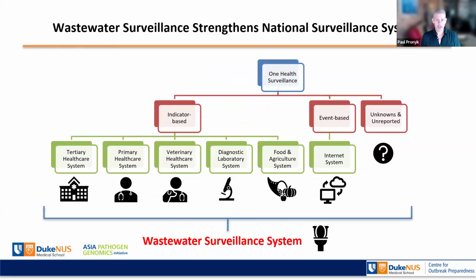And I think what this slide just tries to get at is that all of our wastewater surveillance and One Health surveillance needs to be embedded within a multi-source surveillance system that draws together not just what's happening at wastewater, but obviously the primary care level all the way through to our tertiary care systems, depending on what you're looking at. In addition to that, the need to engage with our animal health laboratories to try and understand what some of the risk environments are that we're working in. Next slide.